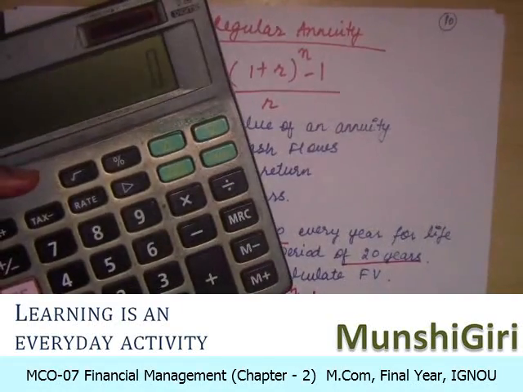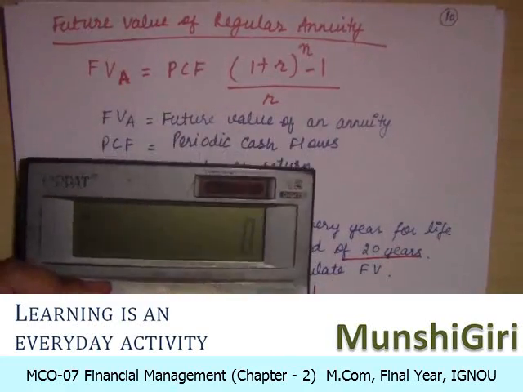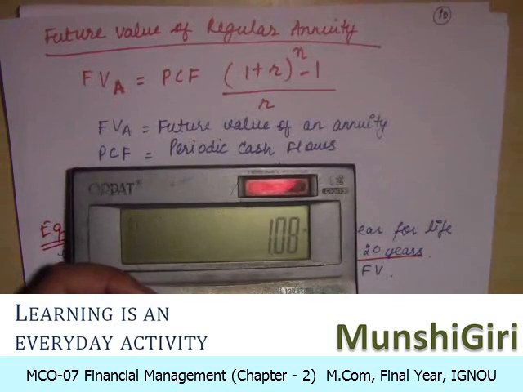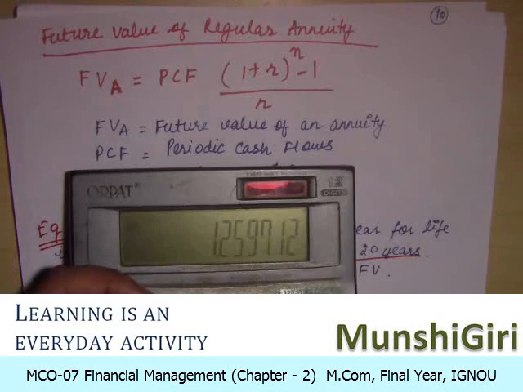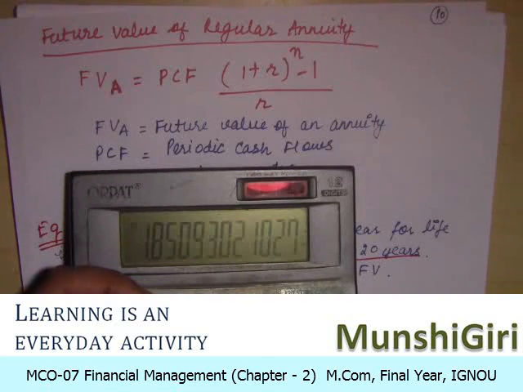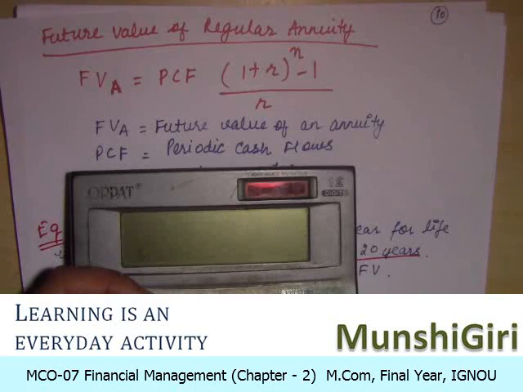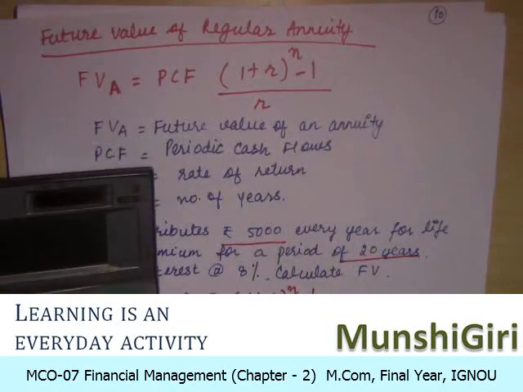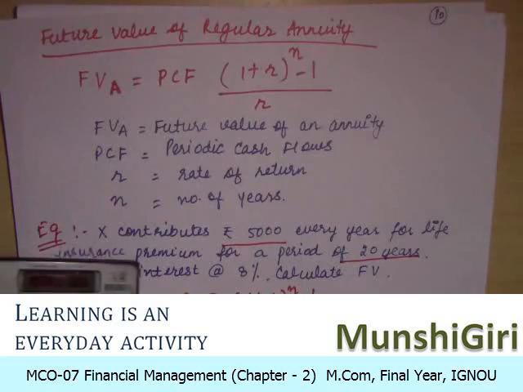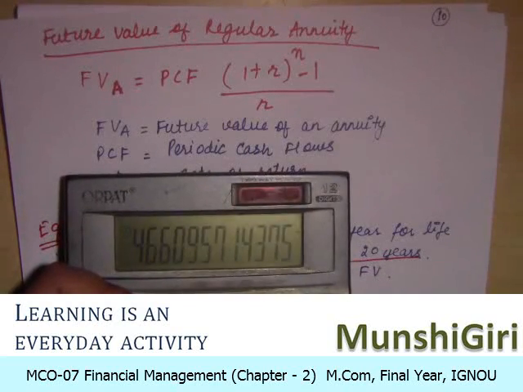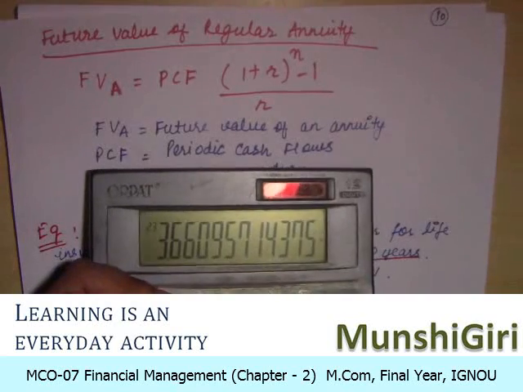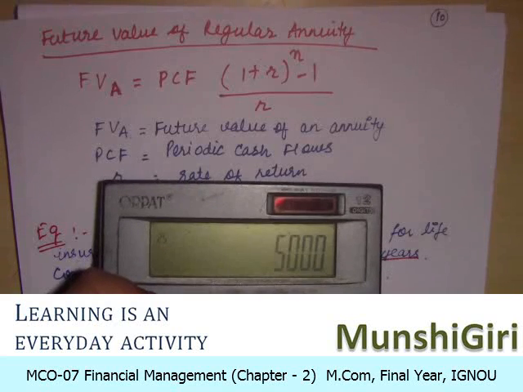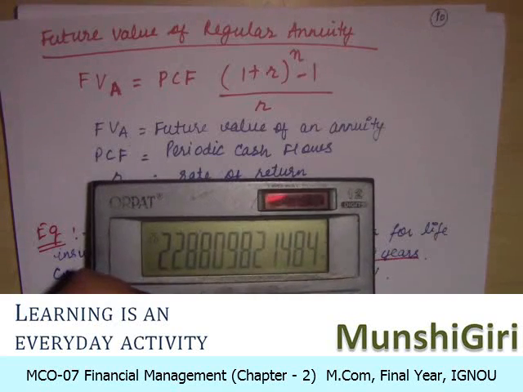This is 1 plus 0.08 raised to the power 20. So 1.08 multiplied by itself 19 times. So now we have calculated this component. 1 plus 0.08 raised to the power 20 minus 1 divided by 0.08, multiplied by 5000, so this gives us an answer of